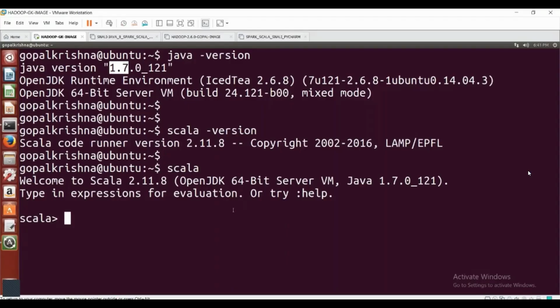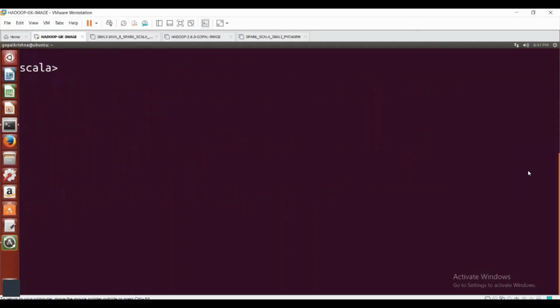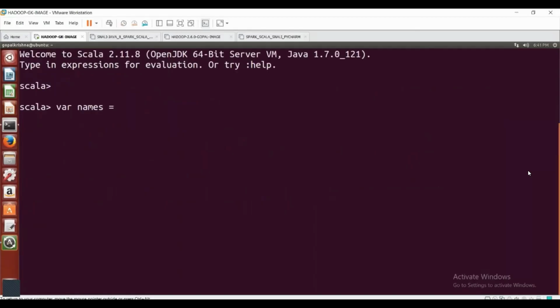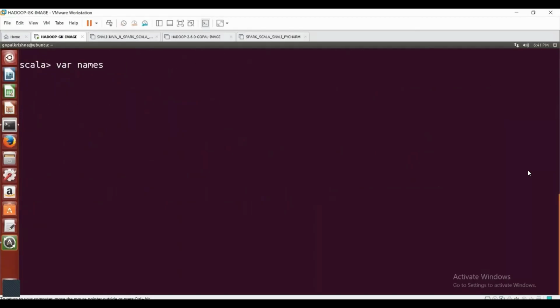Can any one of you answer? List is ordered and indexed. Set is unordered and unindexed. Excellent, very good, sir. So let me show one more time here. For example, names is equal to, I'm using the actual syntax, list of string is equal to list of, again I'm saying